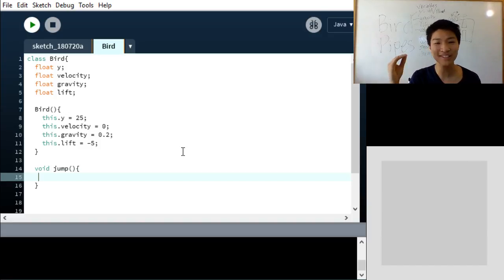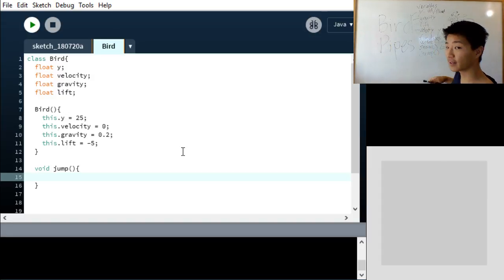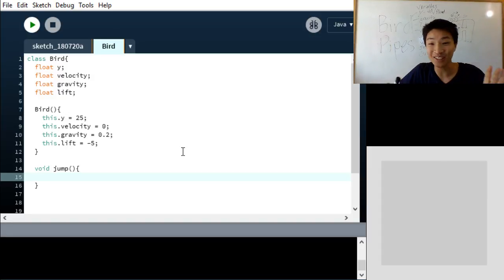Again, why is gravity positive? Why is lift negative? Well, shouldn't it be the other way around? Gravity should bring you downwards. It should decrease the velocity so that you're going downwards. Lift should bring you upwards. But again, you have to remember that,